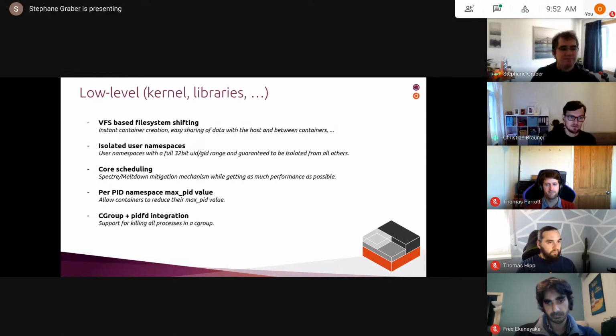And so if you're talking about a 10 gigabyte, 15 gigabyte root file system, and you need to change each file on this root file system, it's going to be very expensive for sure. And the idea with this VFS-based file system shifting is that instead of having to chown, you tell the kernel what ID mapping you want, which basically means you tell the kernel what IDs you want the files to show up as inside of the container.